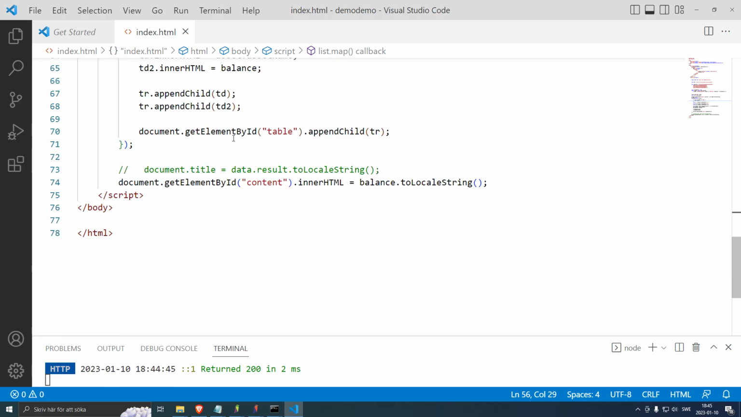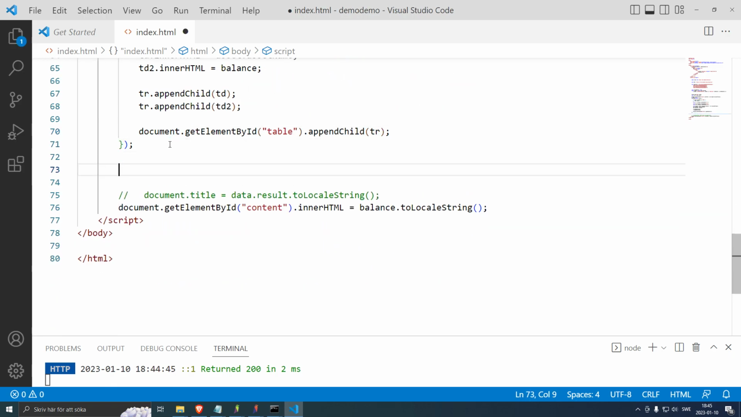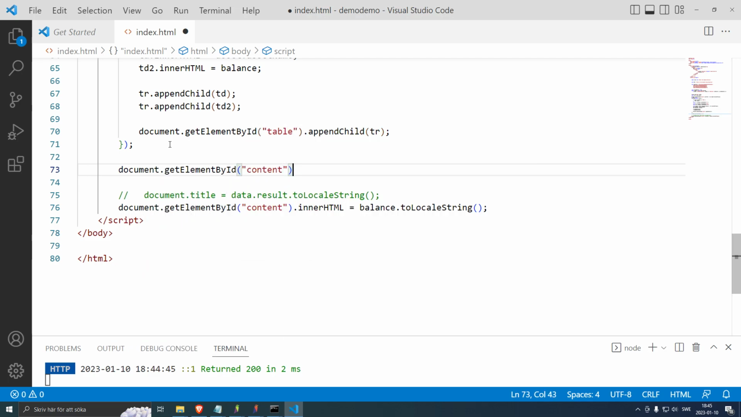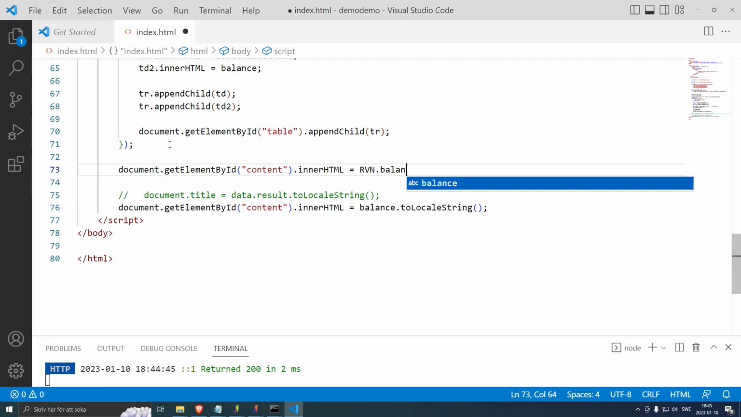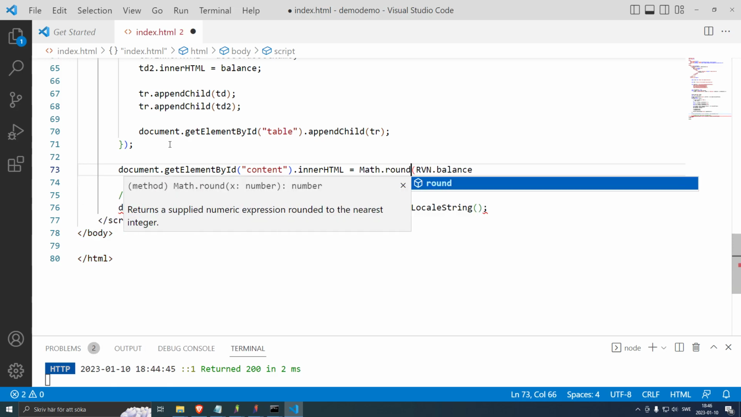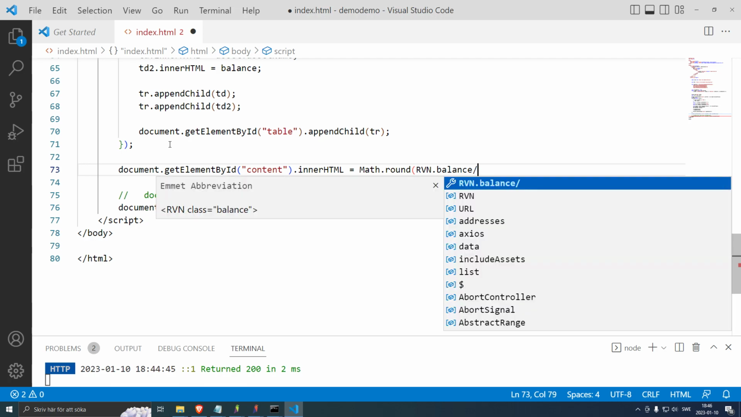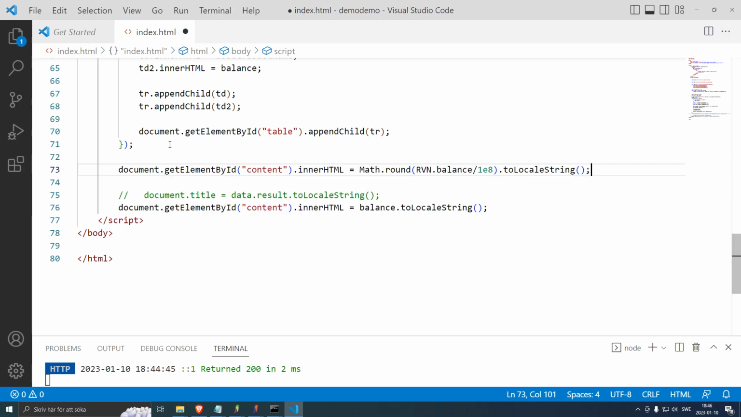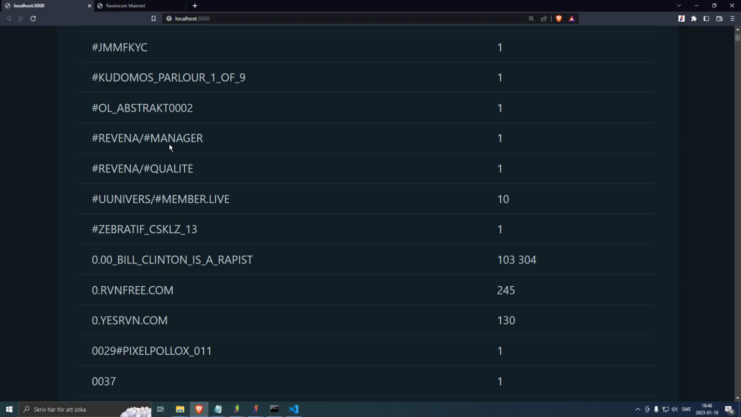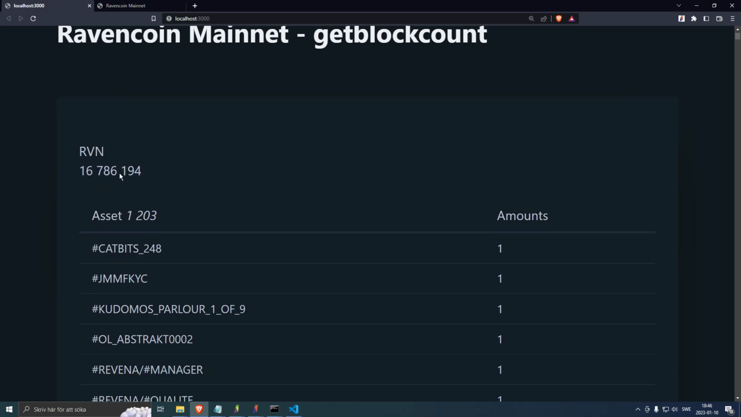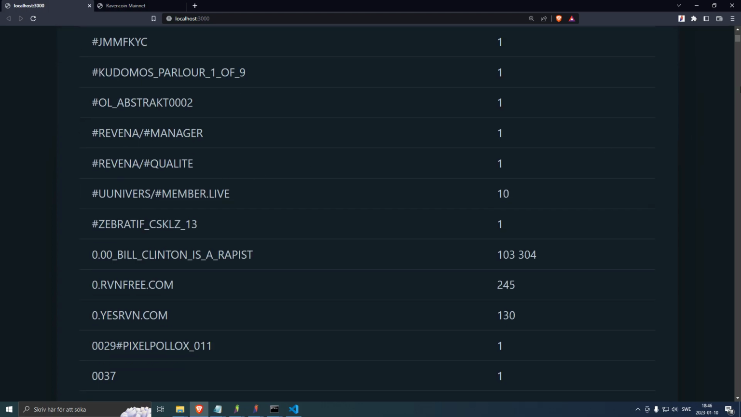variable. And when we are done looping, we can say that document.getElementById content should have the value of rvn.balance, and we do the same thing here. Math.round balance split by 1E8 toLocaleString. Now we should be able to reload the page, and we should see, ta-da! Now we see the amount of burned Raven, and we can see all the